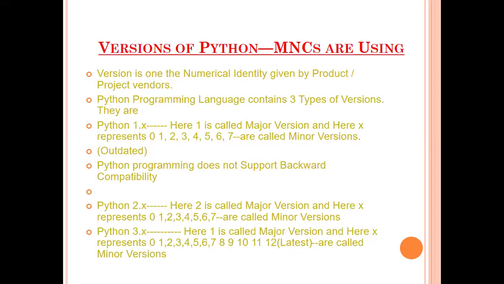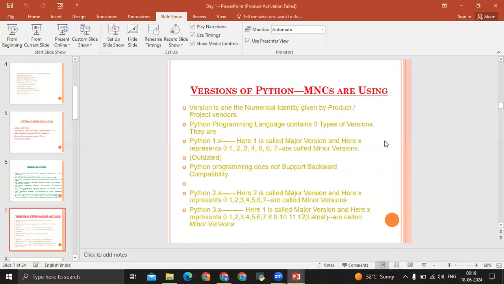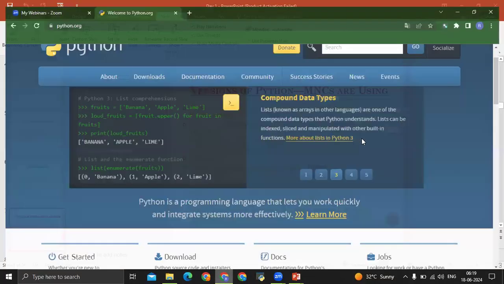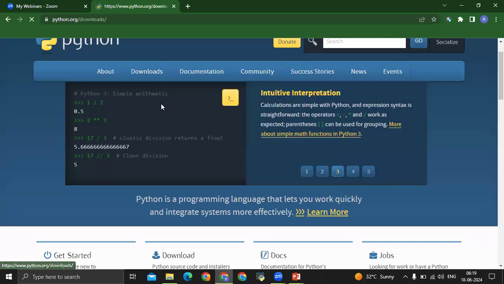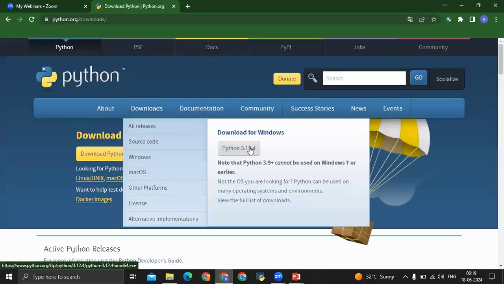I have shown you here also, when we were proceeding with the downloading process, that it's mentioned Python 3.12.4. Here 3 is the major version, 12 is the minor version, and 4 is the minor change which takes place in Python.